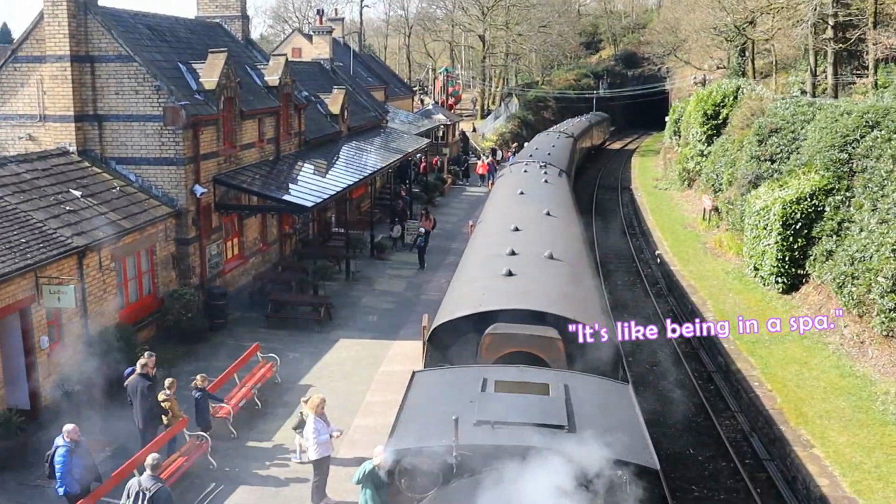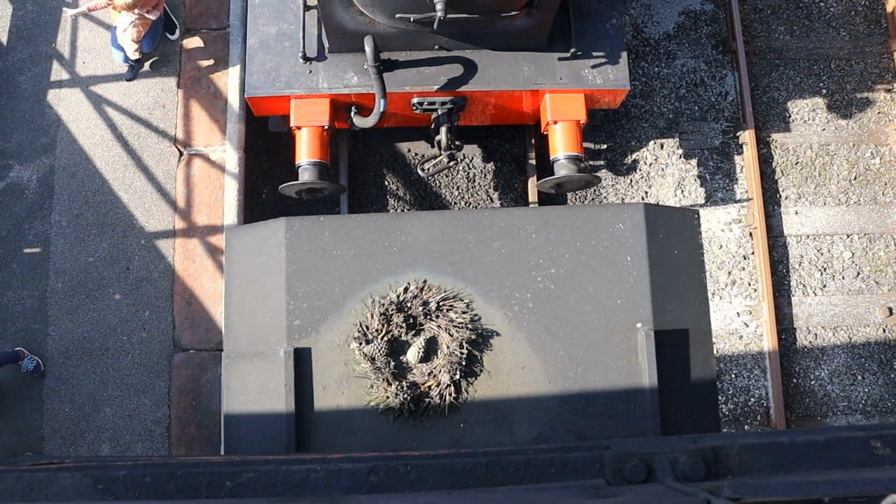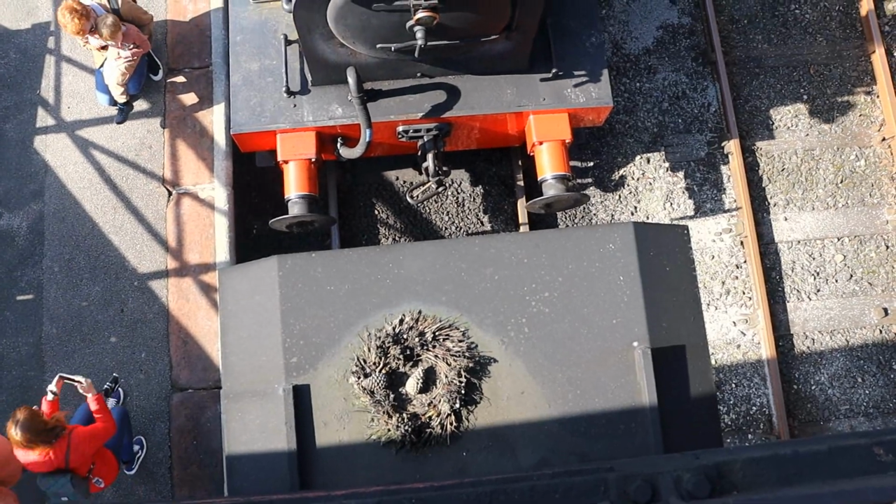Okay. Is this like being in a spa? I thought that was a bird's nest. I don't think it is. No. Below us. Oh, what a